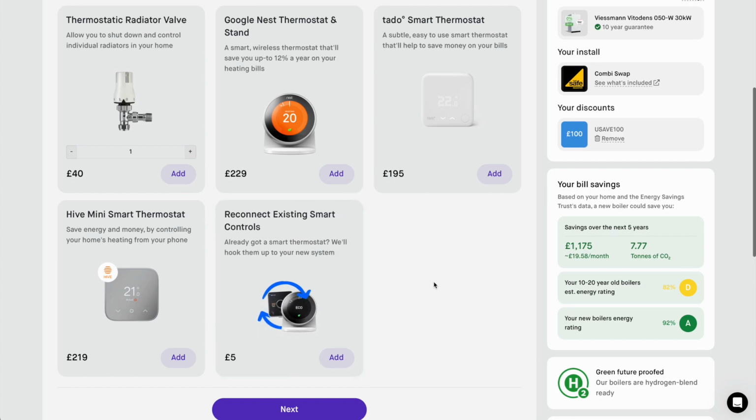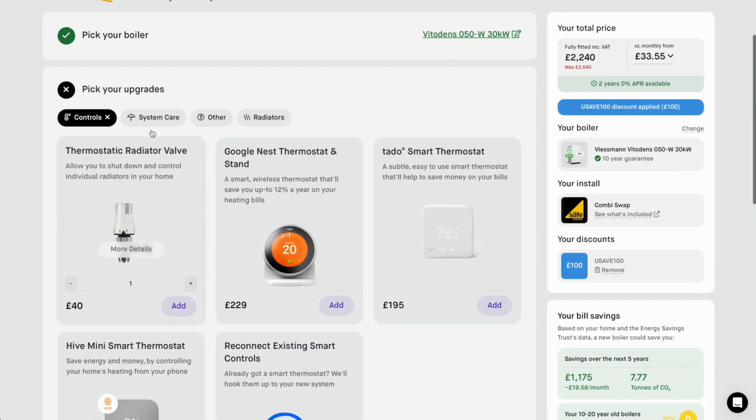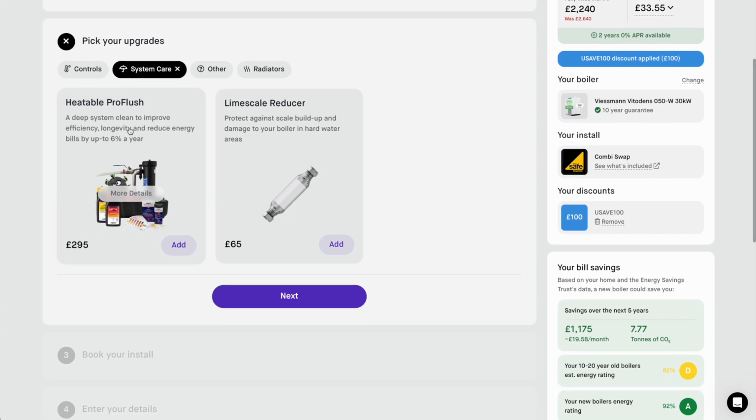But you can buy new smart thermostats if you want to. They offer the Tado, the Google Nest, and the Hive. Personally, having used the Hive and the Tado, I think Tado is the best one. You can also add things like thermostatic radiator valves. There's system care options, so you can go for pro flushes,